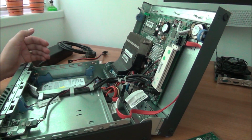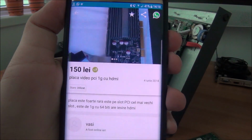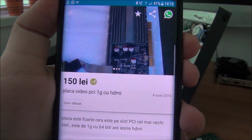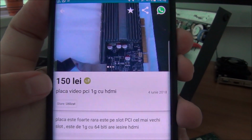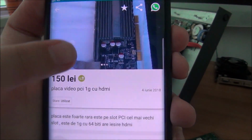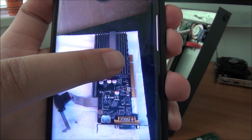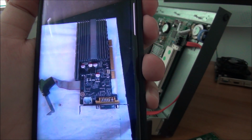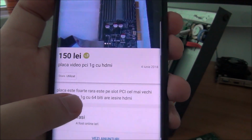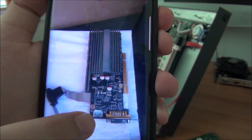Let me just try and show you one. I think I have one in an ad. Okay, couldn't find the original ad, but found another one. This is somewhere at $30–35. And this thing is PCI. You can see the notch, the second one right there. This is the old style PCI, and this GPU has 1 gigabyte of memory and has an HDMI output and